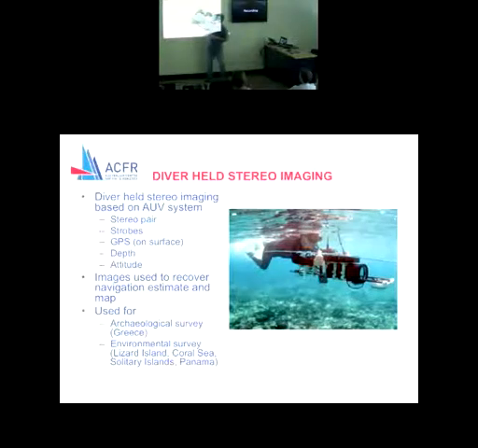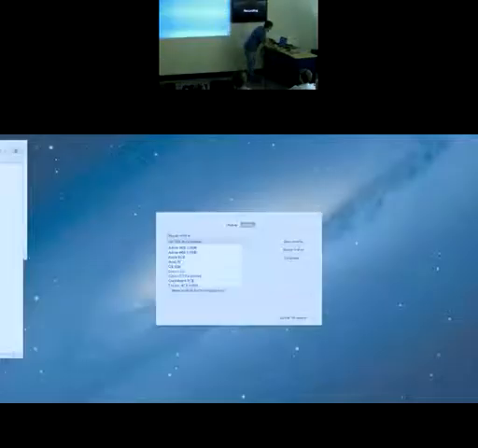This diver-held stereo imaging system is based on the AUV system. It's got a pair of stereo cameras, strobes that are synchronized with the cameras, GPS, depth, attitude, and direction. And in this case, we don't have all the same information that the AUV has, but we use the imagery to figure out how the camera has actually moved. So we can do exactly the same thing, even though this is significantly less instrumented. And this has been used for some archaeological surveys, I'll show you in a minute, as well as